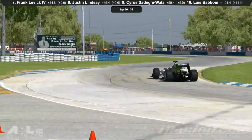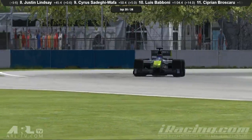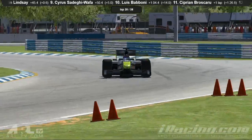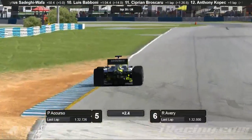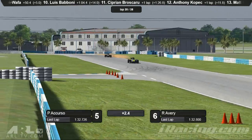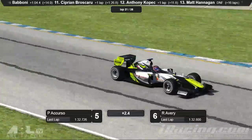Timu still continues to pull away from Samuel. Would have expected Samuel to be right up with Timu at the minute. Yeah, 0.3 of a second that last time by. Maybe a little bit more fuel in Samuel's car, but